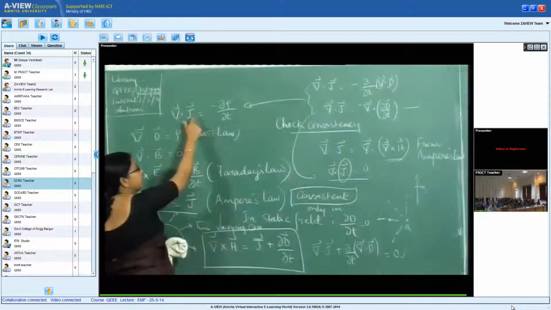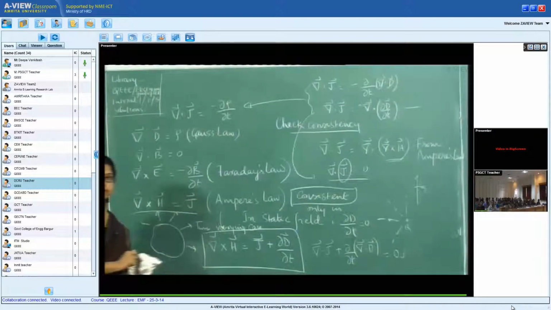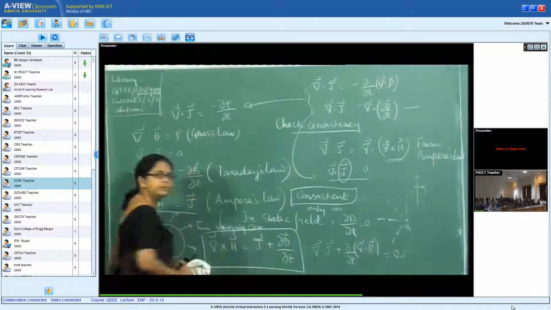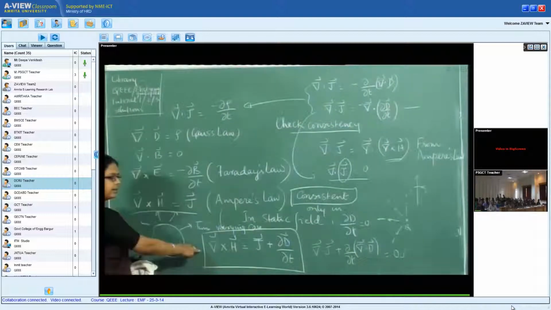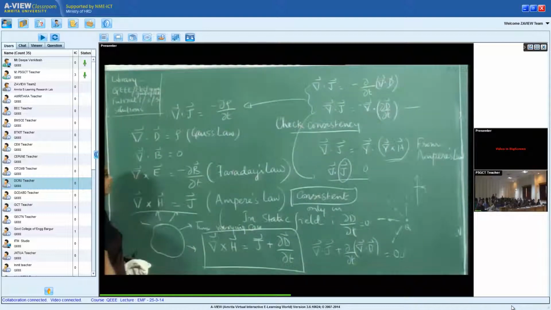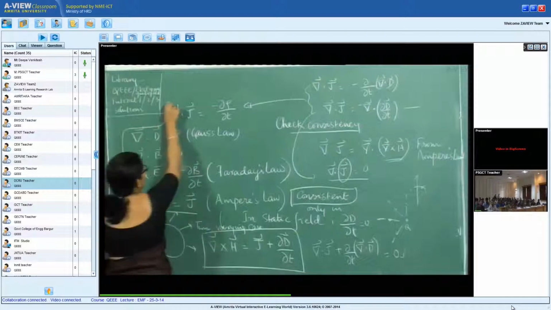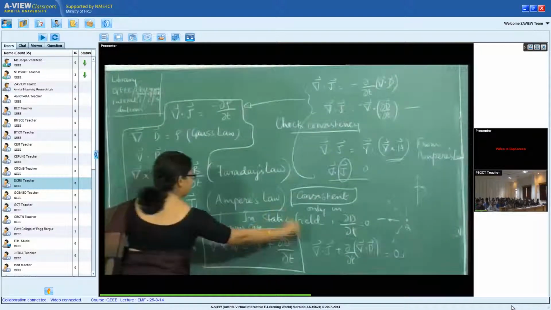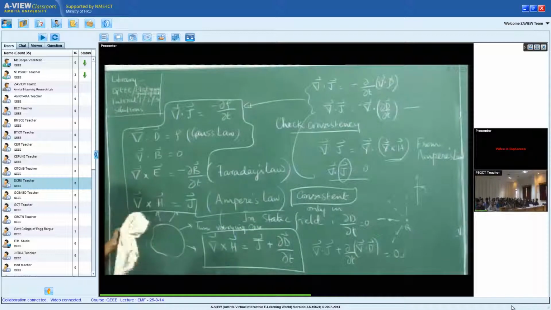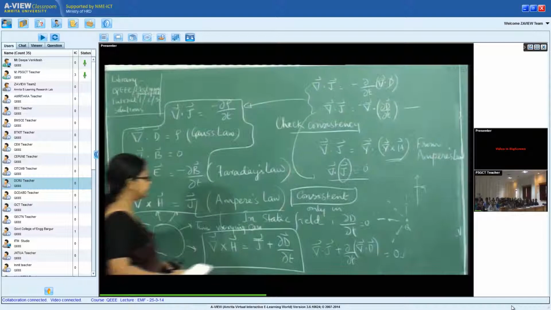And why are we not referring to the equation of continuity when we talk about Maxwell's equations? Because that result is already here. We have already used that result to get here. So that is hidden here, right? But in general, if you know these, all electromagnetic problems can be solved.